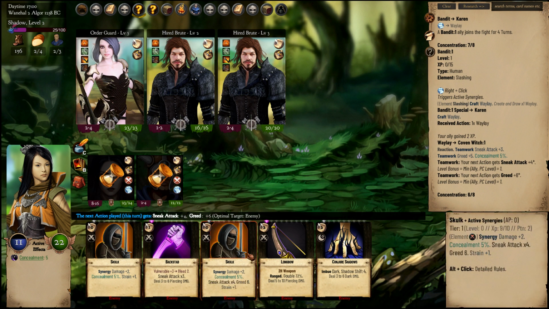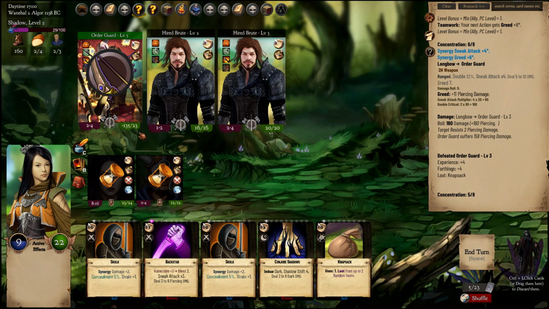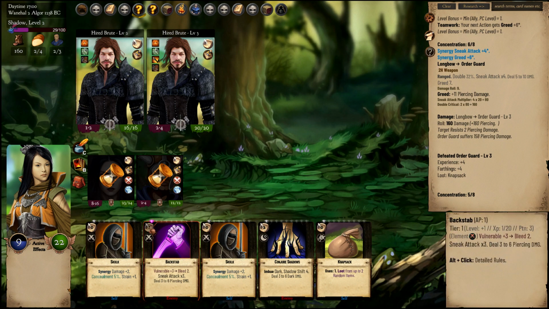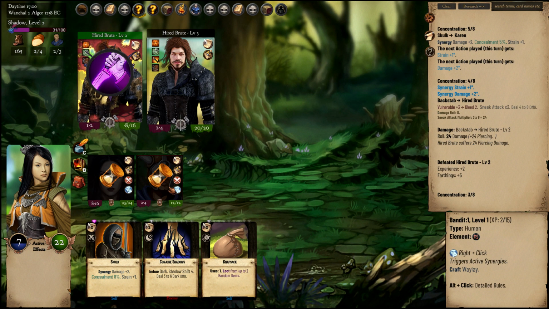Sneak attack 4 and grid 6, and we can use it to deal 180 damage to that poor soul. So as you can see, it's because we brought both the sneak attack and the double critical modifier, so that's an insane amount of damage right there. But of course the enemy needs to be